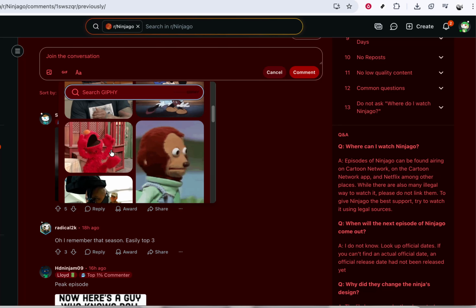When you're happy with how everything looks, scroll down if needed and click the button to post your comment. Reddit will publish your comment with the GIF embedded, and anyone viewing the thread will see it displayed directly